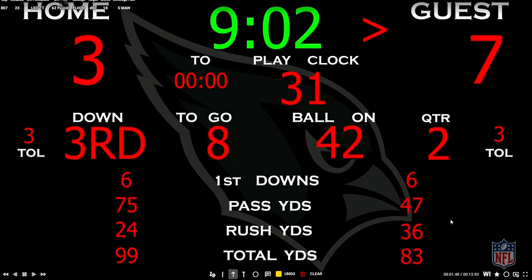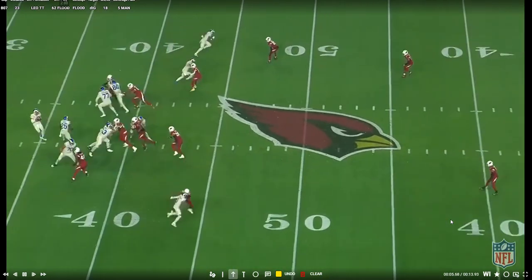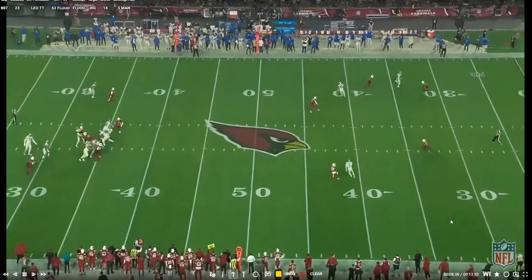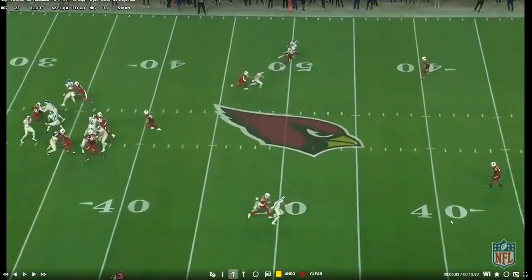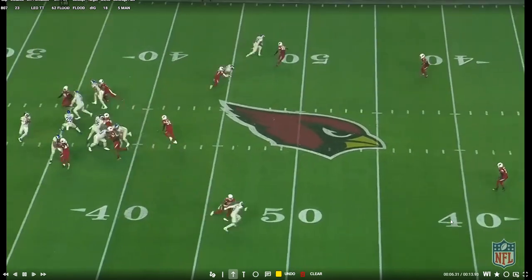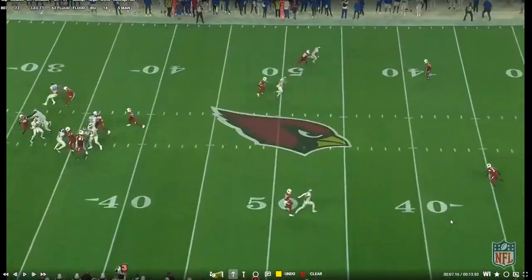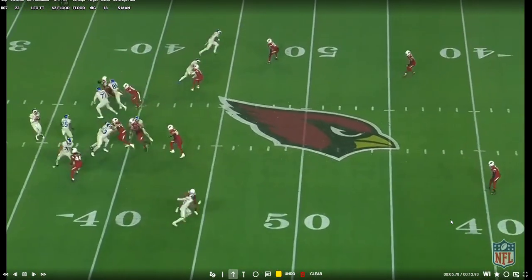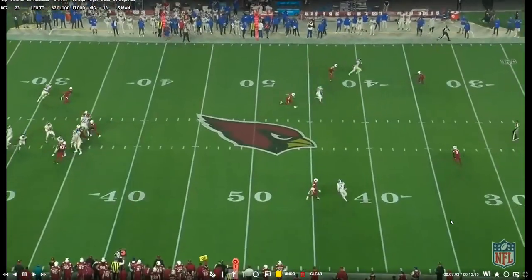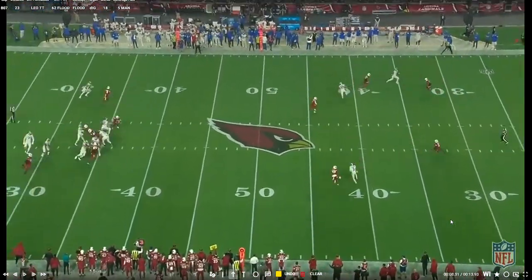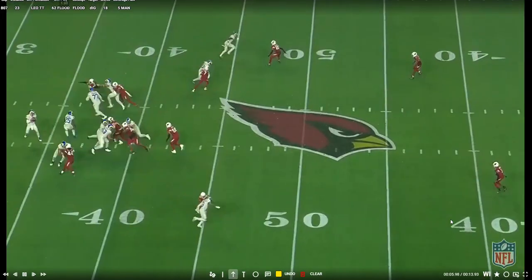It's actually a good two-man play, right? Because anytime you have an outbreaker against two-man, you like it. Looking up top, you'll have inside leverage. You're just going to win. What becomes a deep out against man? If you're matched, you're not going to run the corner route. You're going to flatten it off against man, right? Basic principles. I don't know why it doesn't work up there, but this is one of those rare, good